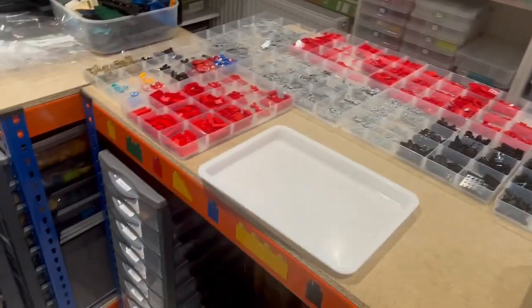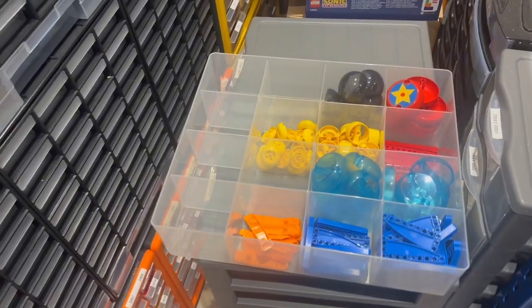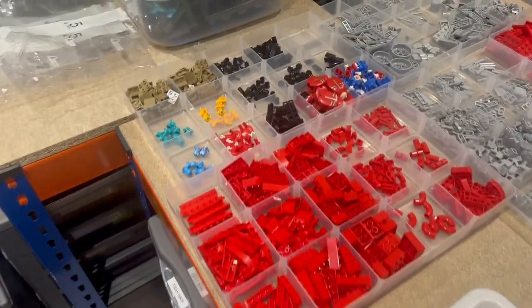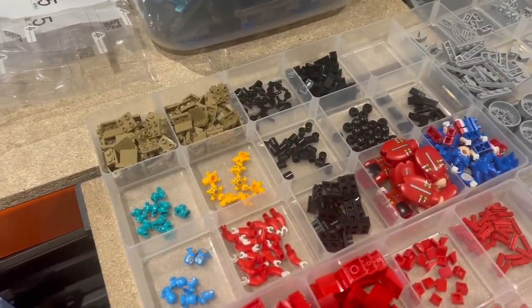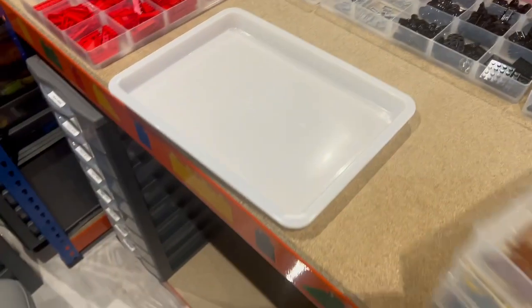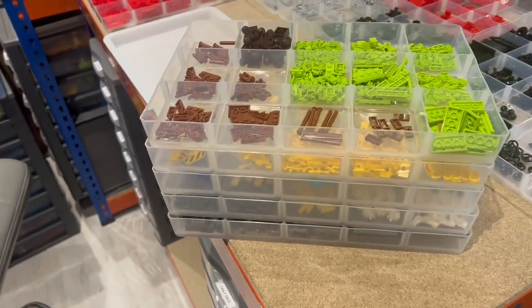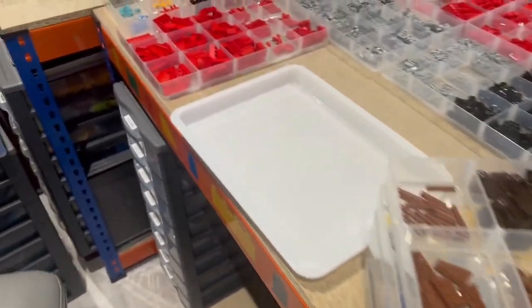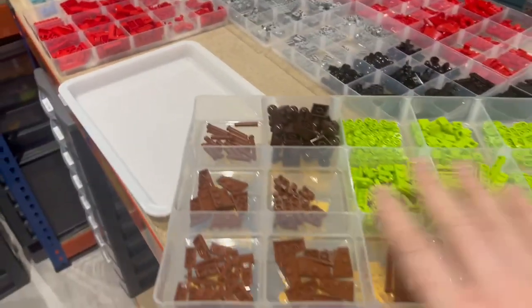All 8 of the Sonic sets are now done. Just need to clear all the rubbish up, the bags, the boxes, more bags. There's some larger parts in there that are just too big for these drawers, these trays. As you can see, minifigure stuff and a few of the animals mixed in with some of the black, red, more red, light blues, greys, blacks, and then all the additional colours, yellow, lime, browns, white, dark bluish grey, etc. in there. So I'm going to just stack these up